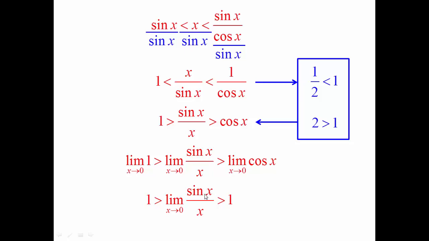So what we have here is a statement that says that the limit as x approaches 0 of sine of x over x is between 1 and 1. Think about what I've just said there. The answer is somewhere between 1 and 1. So what's the answer? Obviously, the answer is 1. We call this the squeeze theorem. If we can manipulate a problem, an inequality statement, to be such that my unknown is between two known values, and those two known values are equal, then the unknown value in the middle must be equal to those outer values as well.